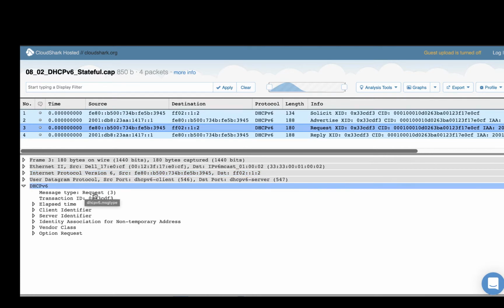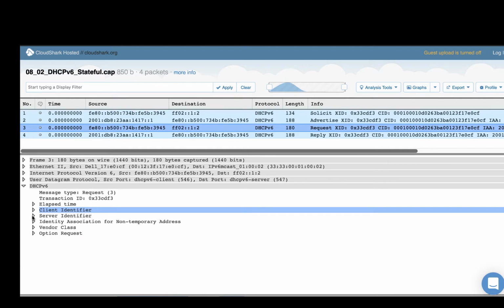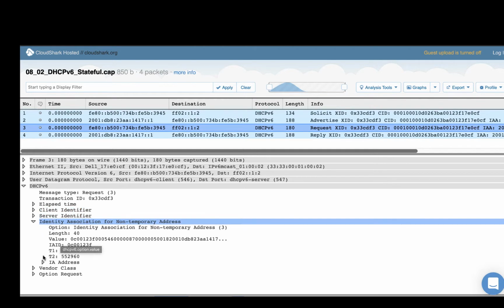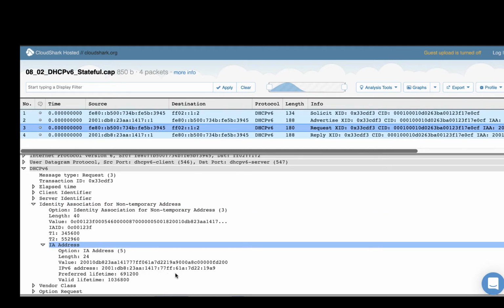The type is Request. The client will consider the information sent by the server and populate the identity association with the information sent by the server. The client identifier identifies itself to the server. The client now embeds the server identifier because the server sent its identifier. Remember that in the Solicit the identity association was empty. Now it's no longer empty because it has received a proposal from the server, so it's going to populate it,